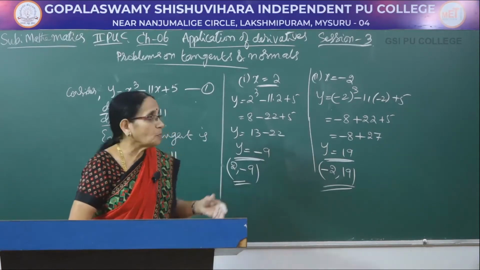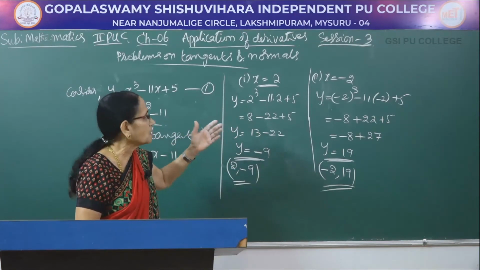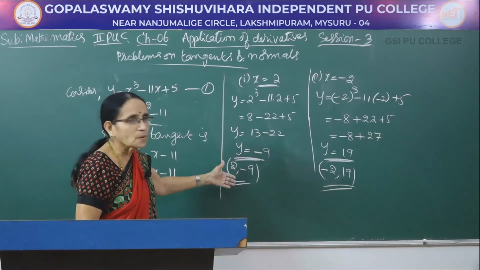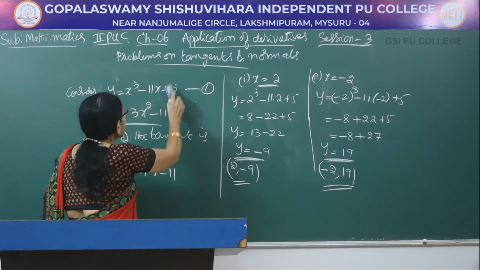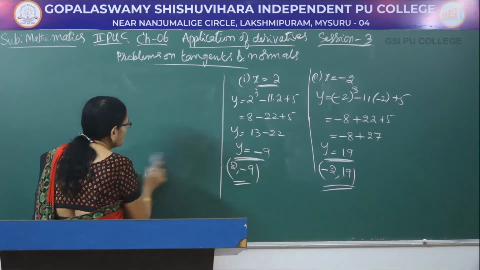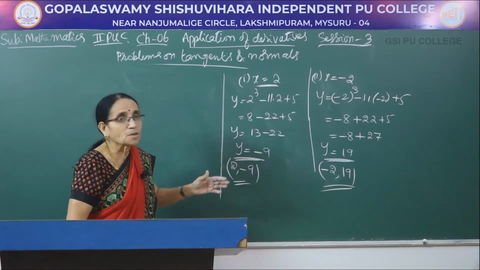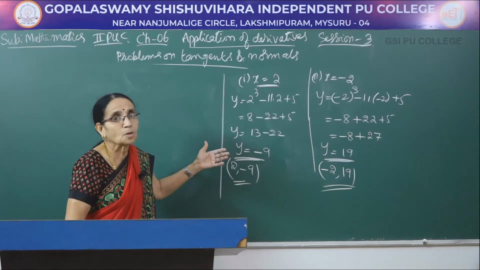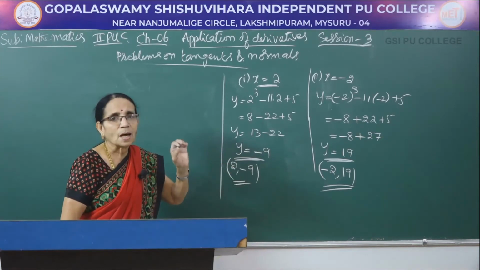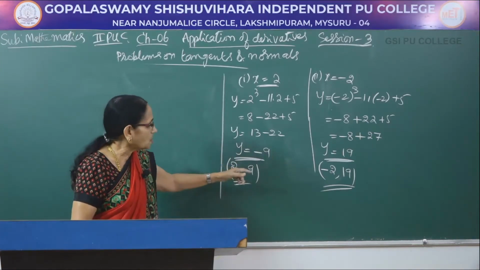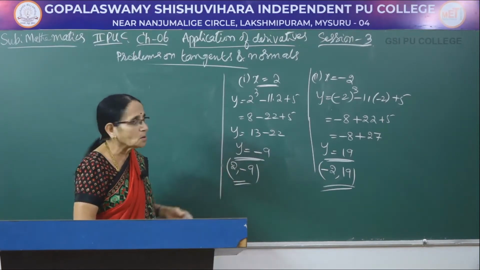See, when we took the slope of the tangent to be equal to 1 and equated it to dy by dx, I got two values of x, so I got two corresponding values of y. But here both of them will not satisfy the equation of the tangent. If it is simply given as parallel to a line, both the points can be taken into consideration, because there can exist two tangents parallel to a particular given line in a particular curve. Whereas here the equation of the tangent is directly given to you. So, whichever point will satisfy the equation of the tangent, we have to take that into consideration.